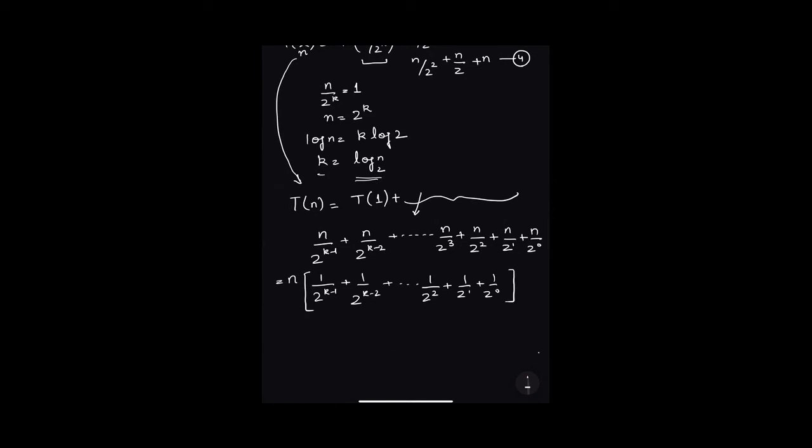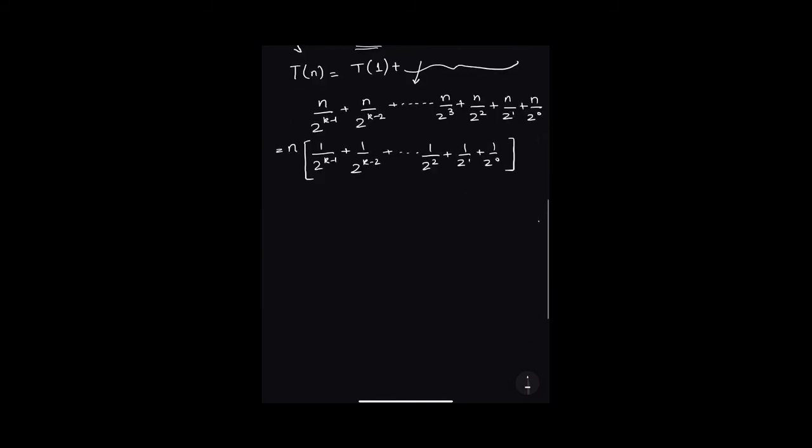Right. Now what is this? This is a GP, we have already discussed. So let me write a GP for this. The formula for GP is A times 1 minus R raised to the power of n upon 1 minus R. The first term over here is 1, so this becomes 1 upon 2 raised to the power of 0, which is again 1, times 1 minus, what is my ratio? It is 1 by 2. I can say 1 minus 1 by 2 raised to the power of n upon 1 minus 1 by 2.